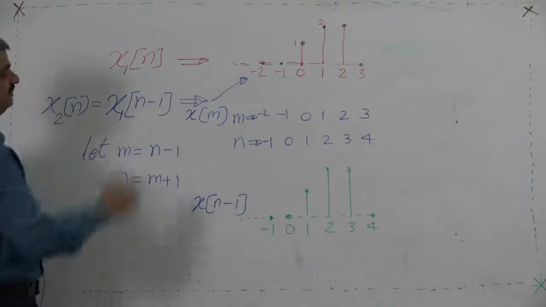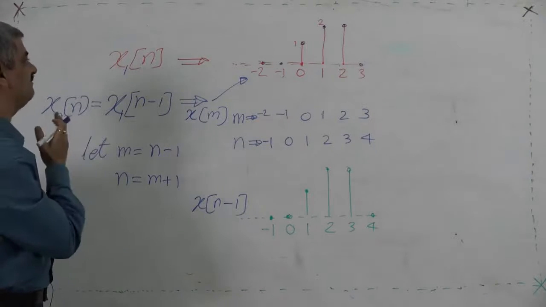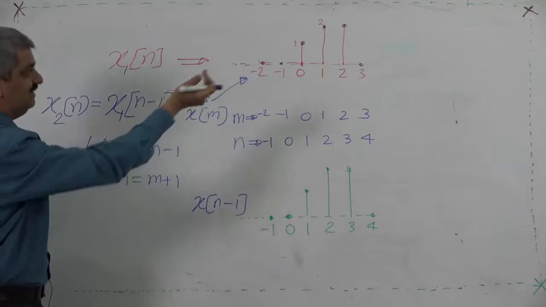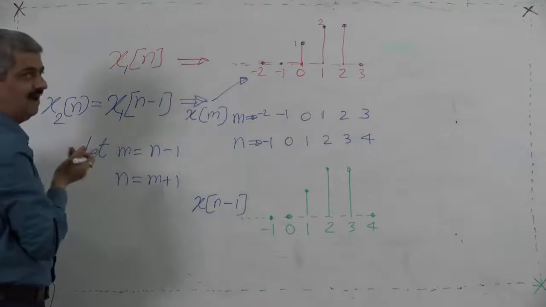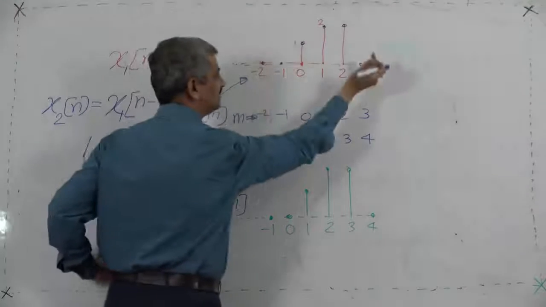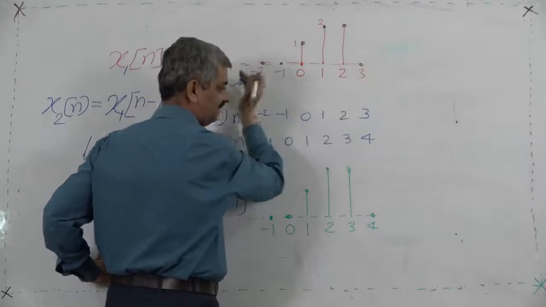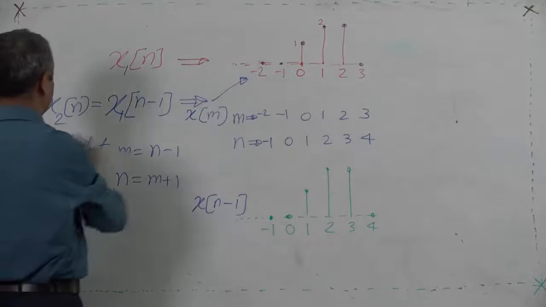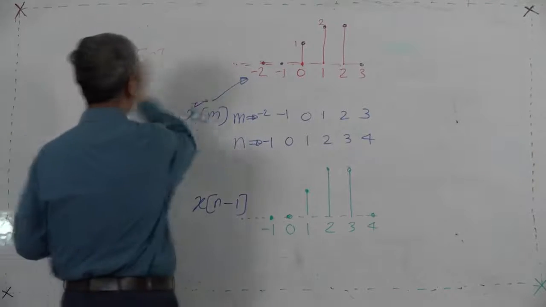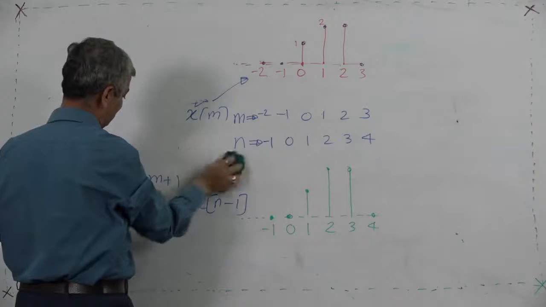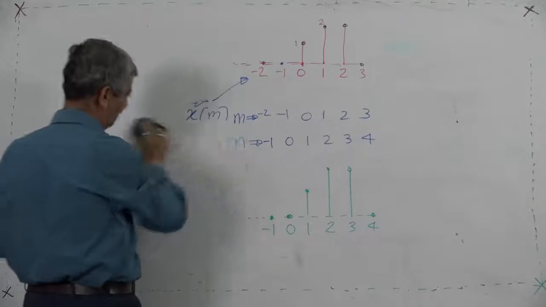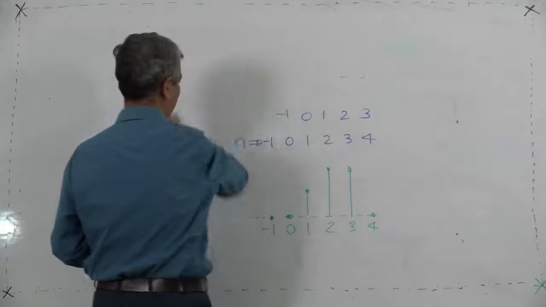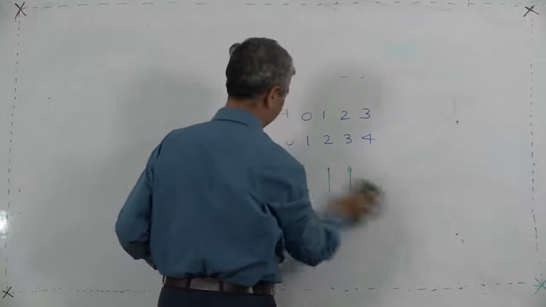So, this is shift. n minus 1 means I am shifting the entire sequence right, or I am shifting the axis left. What is the relationship of DTFT in this case? I am trying my level best, because otherwise you understand the shift property, but you will not know what is shifting of a sequence.